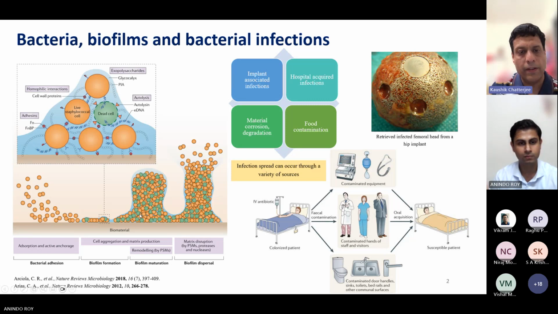Initially, it's more of a physical adsorption. Sometimes there are some chemical bonds formed, but then the bacteria start secreting a lot of biomolecules, and go on to form a colony, and then eventually what's called a biofilm,